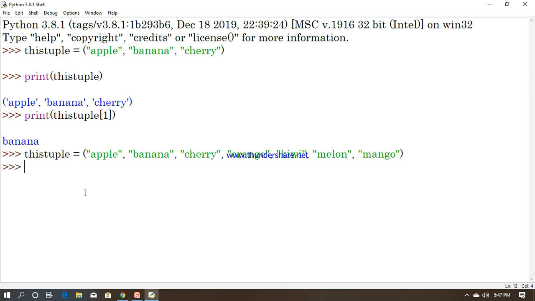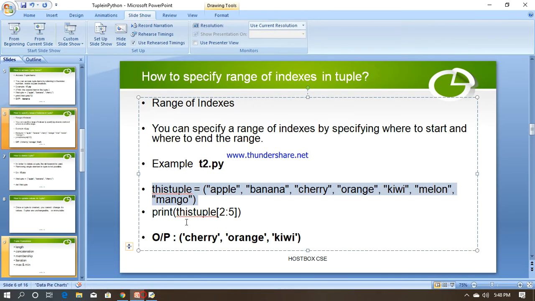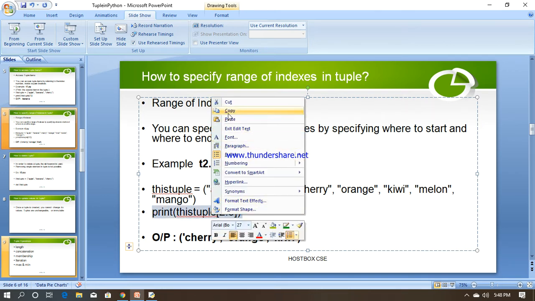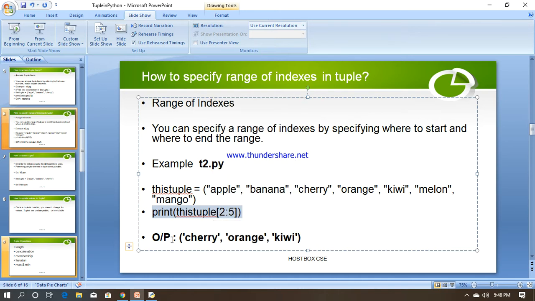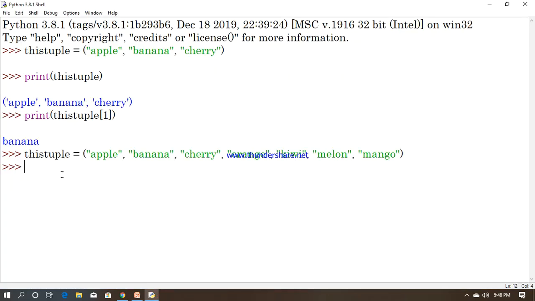So now successfully this tuple is created. There is no traceback error. Now I want to apply the index operator, so I can print this tuple with square brackets 2:5. If you want, you can give 2:4, 2:3, 2:6, whatever you want, you can specify and press